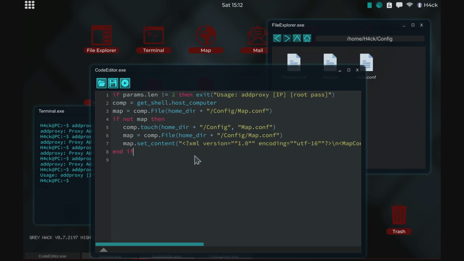Next up, map set content. I think it looks good. So next up, we want to do map dot content XML, and now we're saving the content of the map file. So either what is already in it or what we just put in it when we made the new app.config file. So we'll take the content,